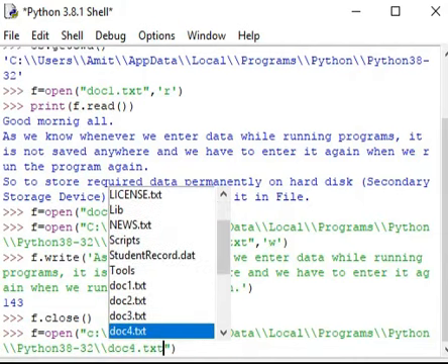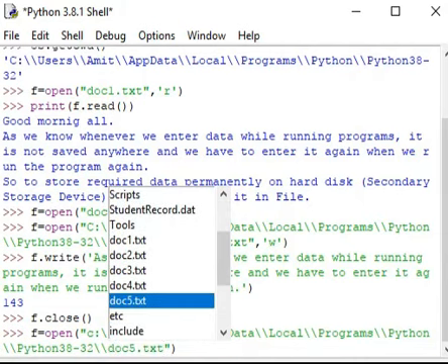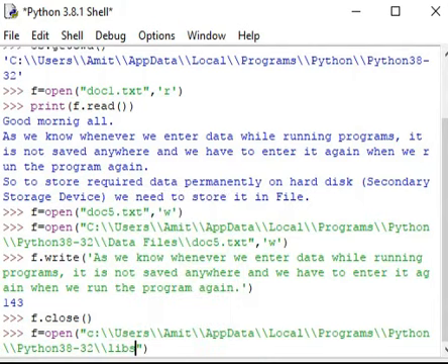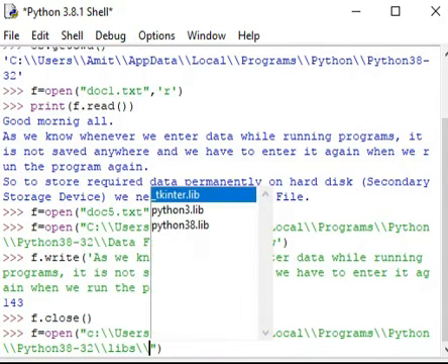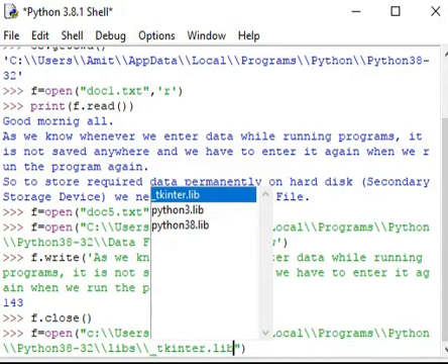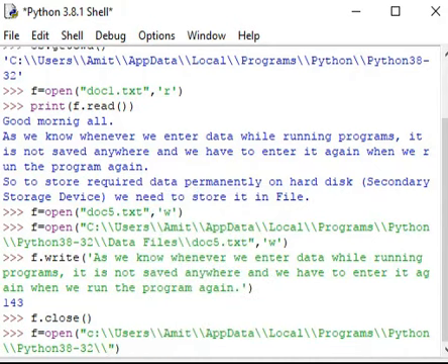About this document 5, as you see here. Okay, suppose let's go in libraries. Again, if I want to see what are the things available in libraries, you can see these are the 3 files available in libraries. If I want to go out, I will just erase this thing and I will be here in this folder.